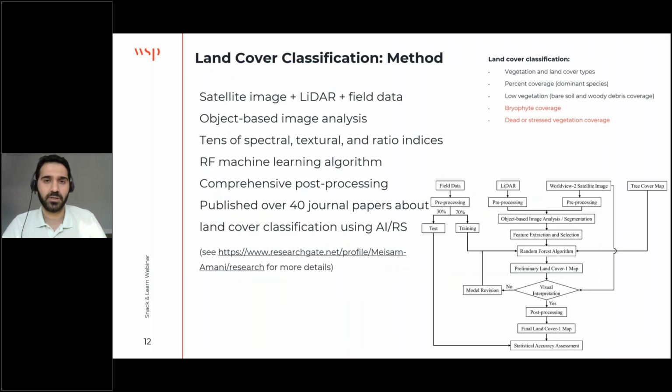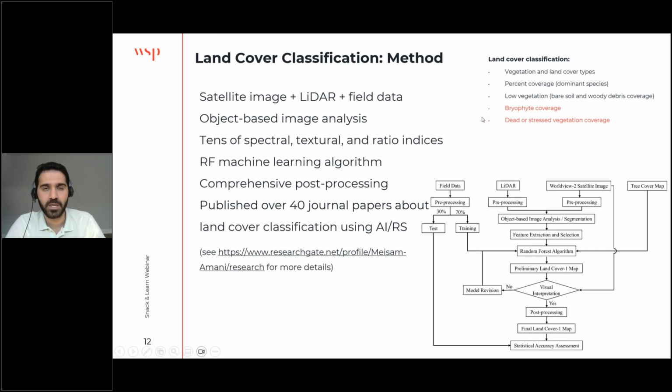Okay, now let's talk briefly about the methodology, and I'll show you the result for each parameter. So as I mentioned, the first parameter was the land cover classification. And for land cover classification, we were looking for these 5 parameters, that I put in the top right